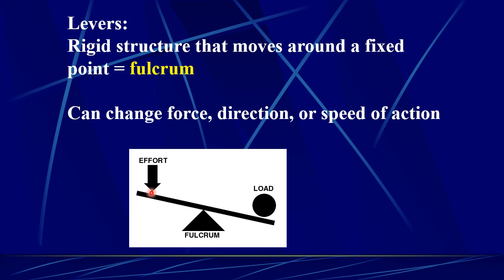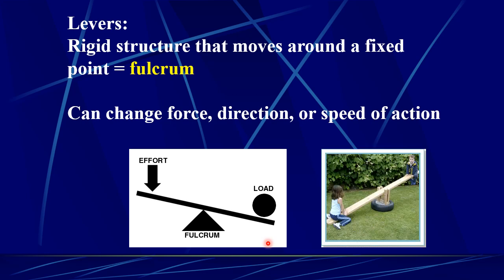Okay, so now you can put force on one side, and depending on where the fulcrum is, you can expect some type of response on the other side. Okay, so that can change the direction or the speed or even the strength by which a muscle is working. So we have three examples of those. The general example is really this idea of the seesaw,